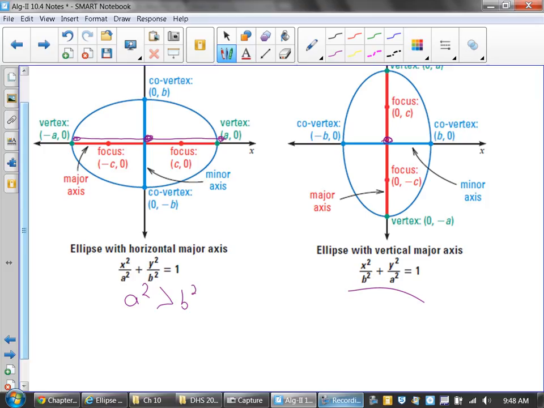Again, the only weird thing about all of this is going to be how you figure out what the value of c is, because that's the only thing that you're not going to see in the equation itself. So as generic equations,